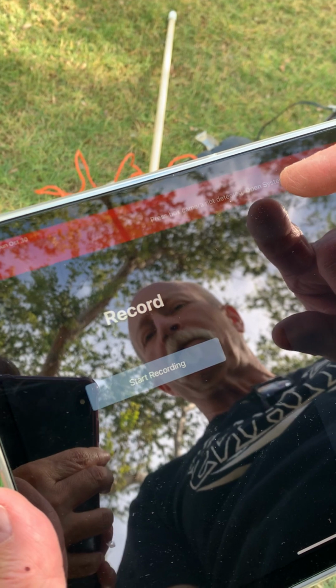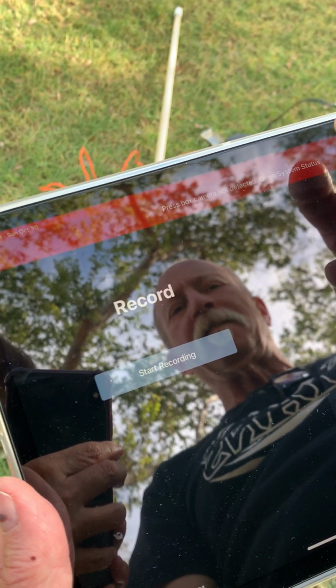So all right, this is the Hudl Sideline app, and it's saying the press box camera is not detected. Well, there is no camera plugged into the press box because we're going to use the iPad camera for that function. And so if you look at the system status,